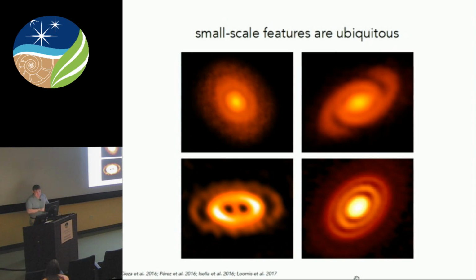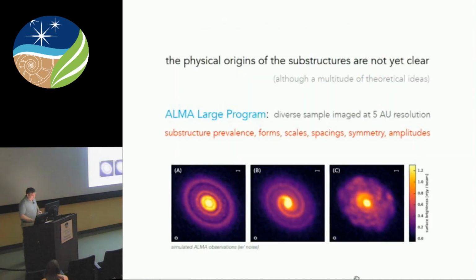And you see quite a diversity. You see things like rings, like we saw before. You see this weird theta thing. I don't know what that means. And then you see these nice spirals, right? So we don't actually know what's going on yet. And without knowing what's going on, it's very difficult to understand the physical origins of those substructures, but I'm happy to answer questions about the many theoretical ideas that have been proposed.